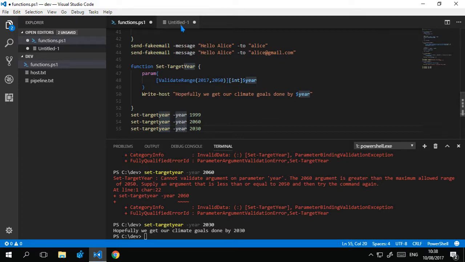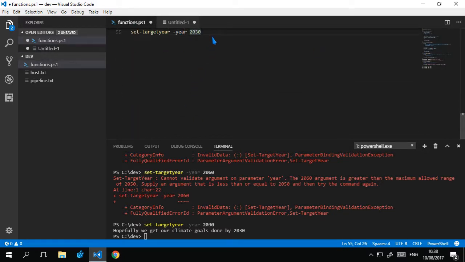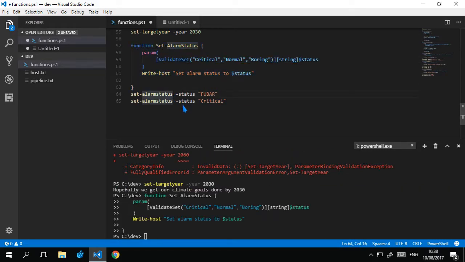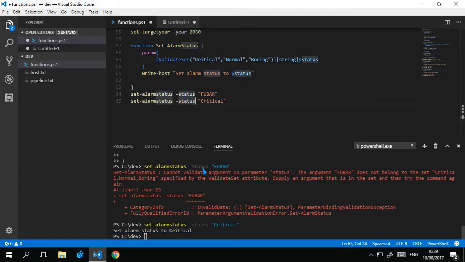Then finally, you sometimes want your user to supply a string that only matches one out of a couple of choices. To do that, you can use ValidateSet. I have here a status for an alarm. I'm saying it can be either critical, normal, or boring. Okay, let's run our function. If we put in foobar, it's saying this status is not good. Let's try critical. Now it's working. By the way, when you do this, you can actually tab between your validated set because PowerShell knows what the only